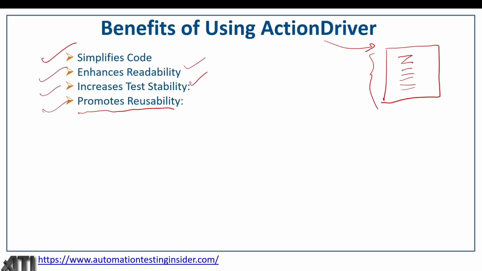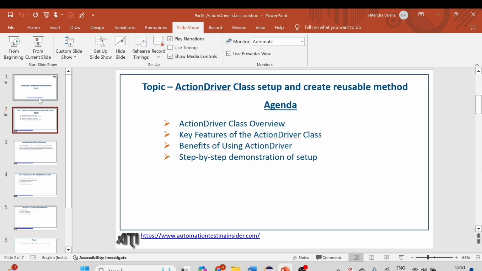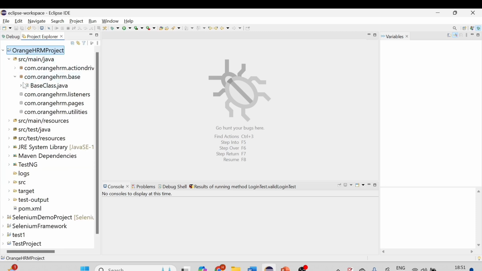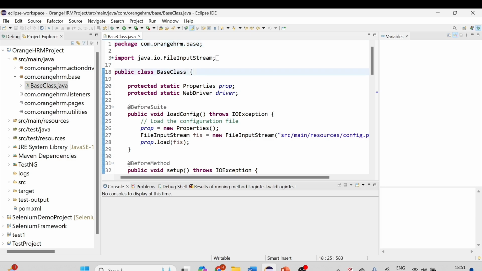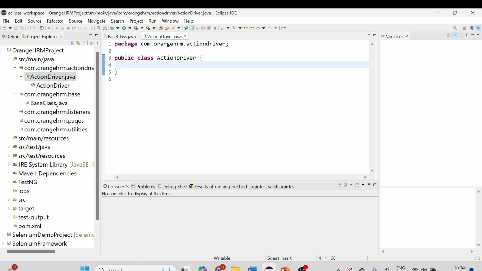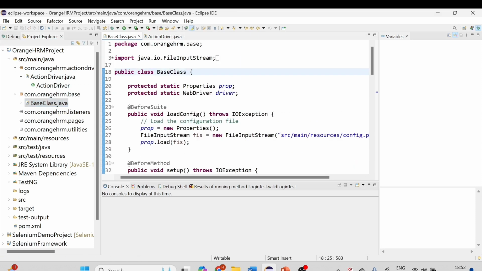So this is all about the ActionDriver class guys, and let me show you practically how we can set up the ActionDriver class in our framework. So this is the project which we have created, OrangeHRM, right? And if you see here, we have the base class which we refactored last time, and here we have the ActionDriver class which we have created, but we did not write anything earlier. So there is one thing in the base class which we forgot to add. There are a couple of methods, which I forgot in the previous video, so today I'm going to write those methods